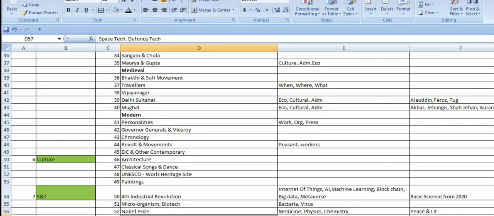Okay, and then when it comes to space technology and defense technology, you have to concentrate on what are the recent missiles, ballistic, strategic, and all these you have to learn. I have given you some topics in the space technology also in the revision topics. Okay, follow that. And when it comes to space, you have to follow NASA, ISRO, and European Space Agency. Okay, these 3 things are very, very important. And then terminology that are being used in the defense, like Vikram, what is Trishul, and all these things.